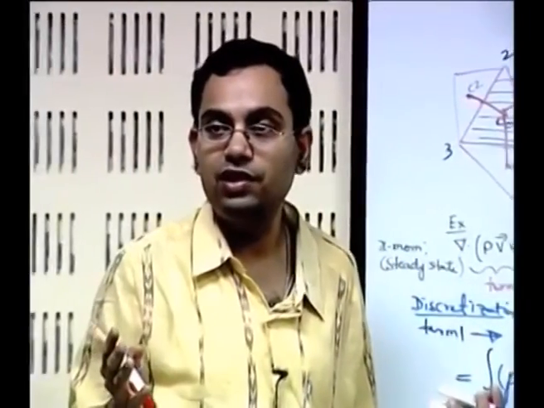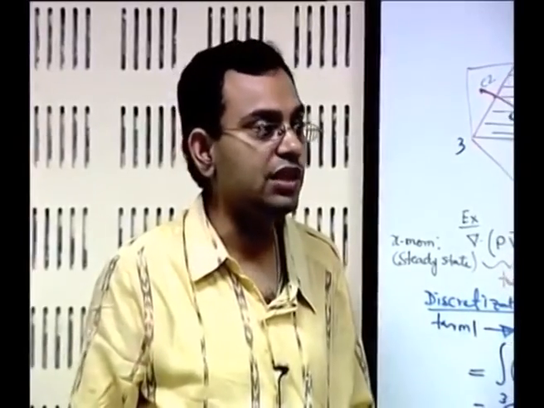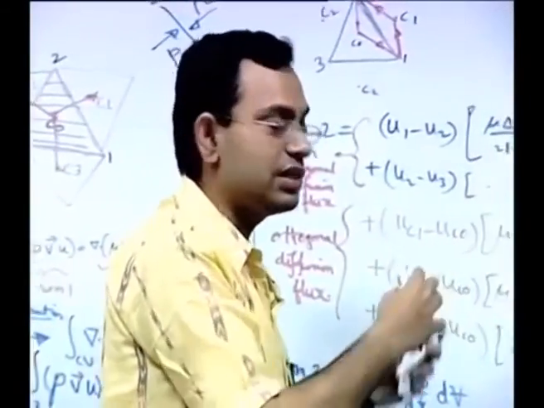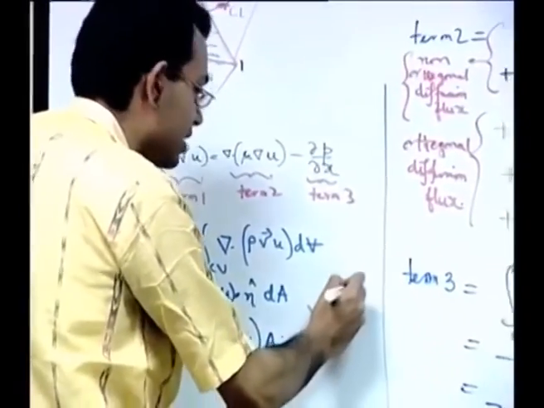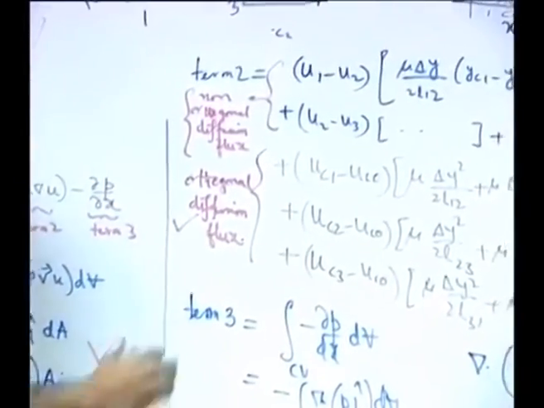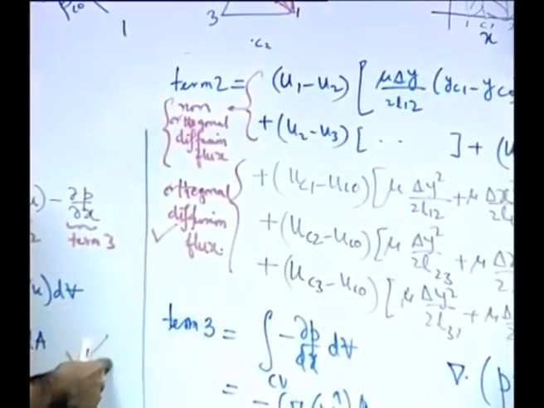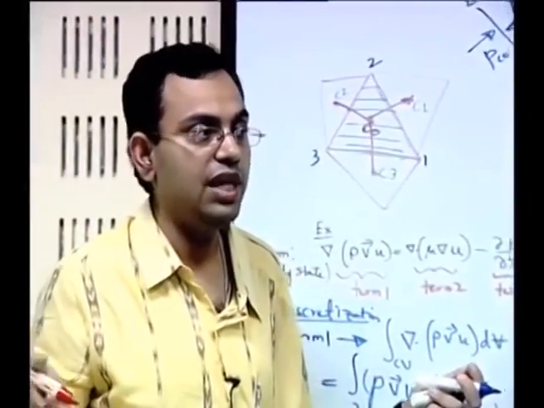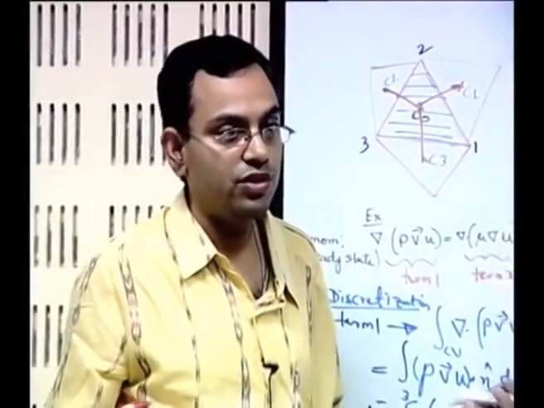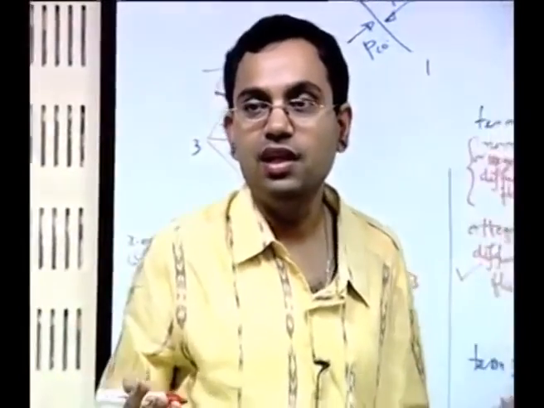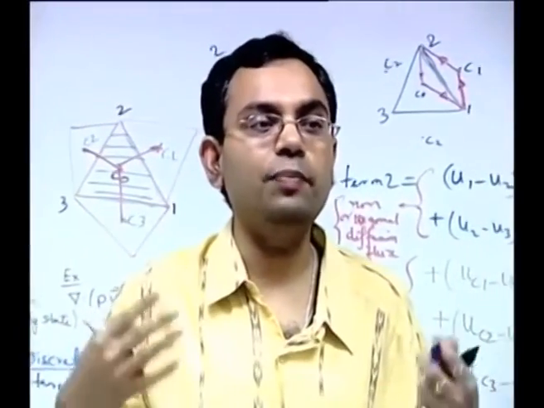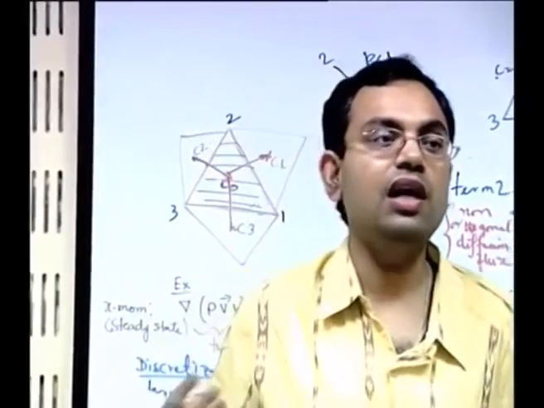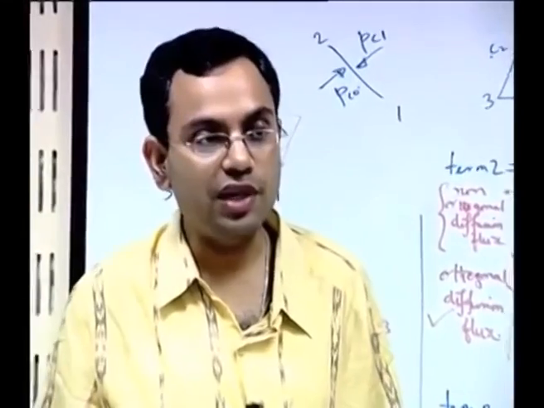and you can use the convection diffusion formulation that we have learnt in our previous lectures to write the combined advection and diffusion flux. So here you have the advection flux, here you have the orthogonal diffusion flux, you can combine the advection flux and the orthogonal diffusion flux to write the convection diffusion coefficient that we have done for the structured grid also. So we have studied what is the difference and what is the similarity in conceptual paradigm for discretization of the various governing equations in an unstructured grid formulation as compared to the structured grid environment.